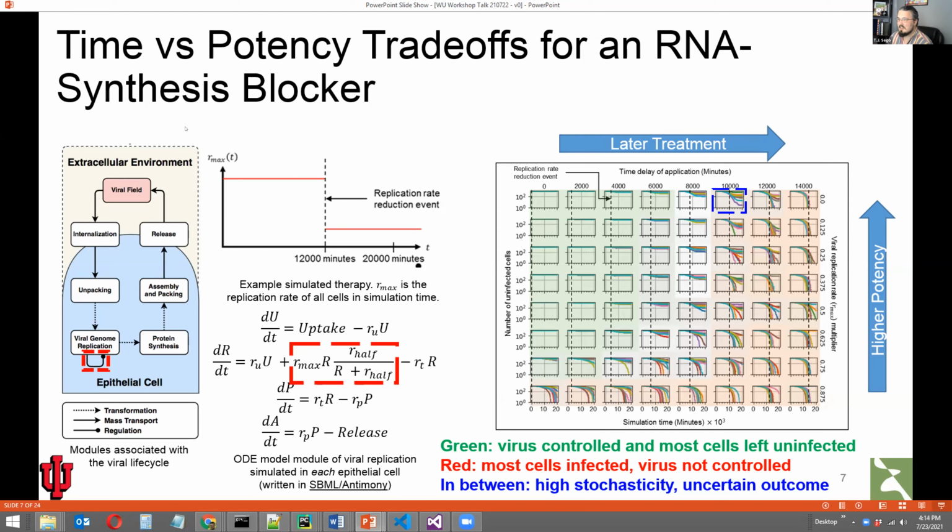In the simplest case, we simply said that at some point during simulation, this coefficient R sub max changes due to the action of the therapy. And this looks like this plot here, in that at our therapy time, this Rmax coefficient is uniformly reduced by some certain factor in every epithelial cell that's alive, whether or not it's infected.